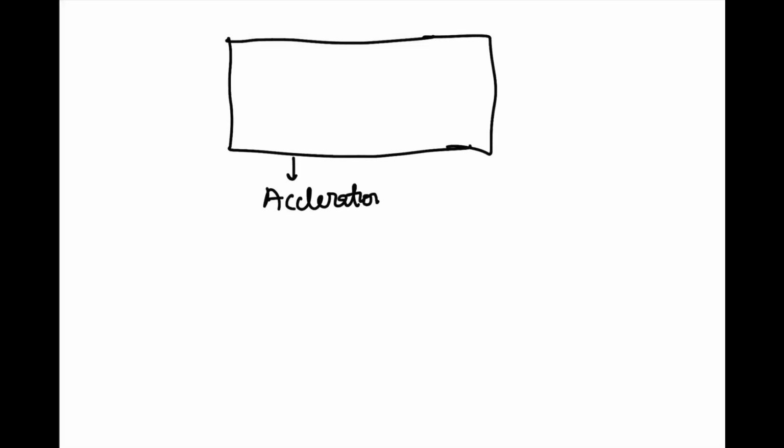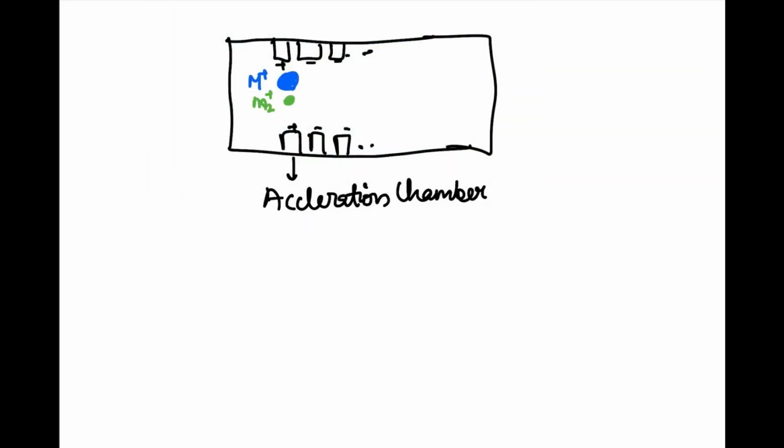Here is the time of flight mass analyzer chamber. An ion of known electrical charge but unknown mass is accelerated by an electric field. As a result, all ions of the same charge will have identical kinetic energies. However, the velocity of the ion will depend on the mass to charge ratio, which affects the time it takes for charged species to reach the detector. That is, lighter ions here shown in purple will reach the detector before heavier blue mass species,